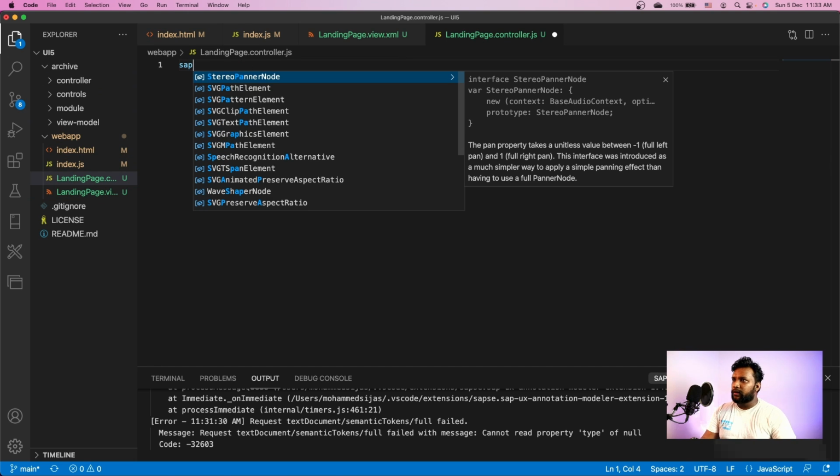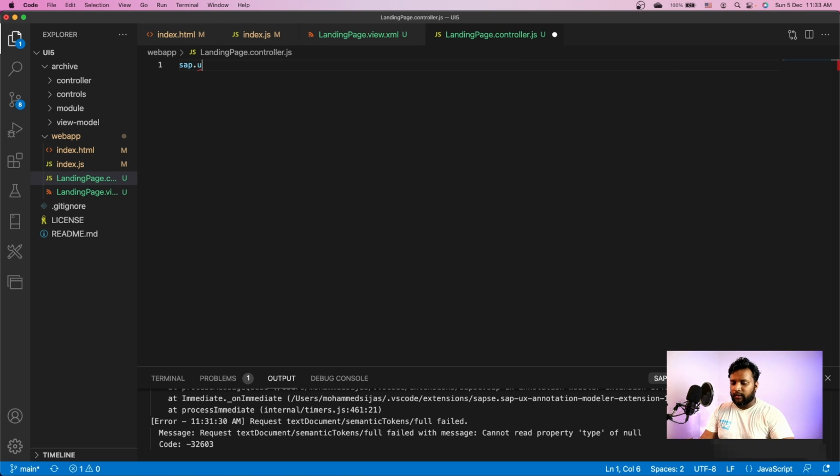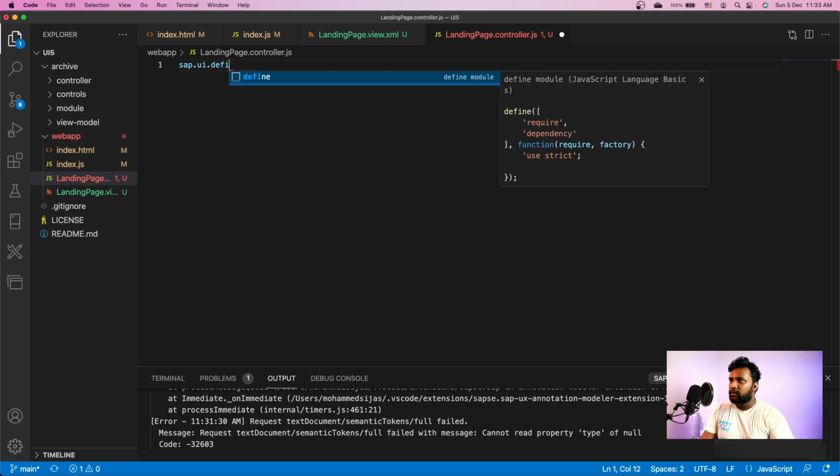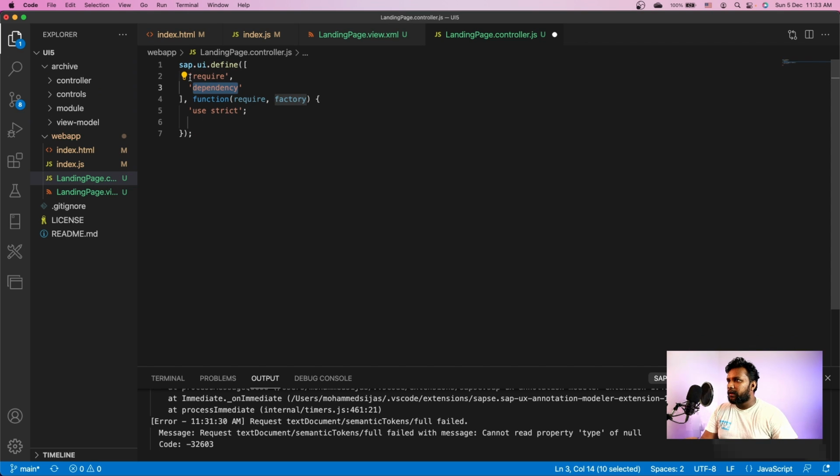So again, I'll be using the SAP syntax, sap.ui.define, the AMD syntax, and I just need an instance of a controller, which is from sap/ui/core/mvc/Controller.